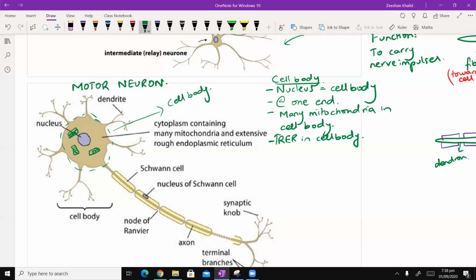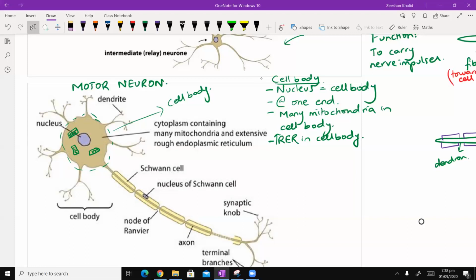What is the function of RER? Rough endoplasmic reticulum. This is topic 1. Yes. Rabia, any guesses? Zainab, any guesses? No? Okay, Hamas, any idea? Why there's more RER? Children, can you hear my voice? Yes, sir.